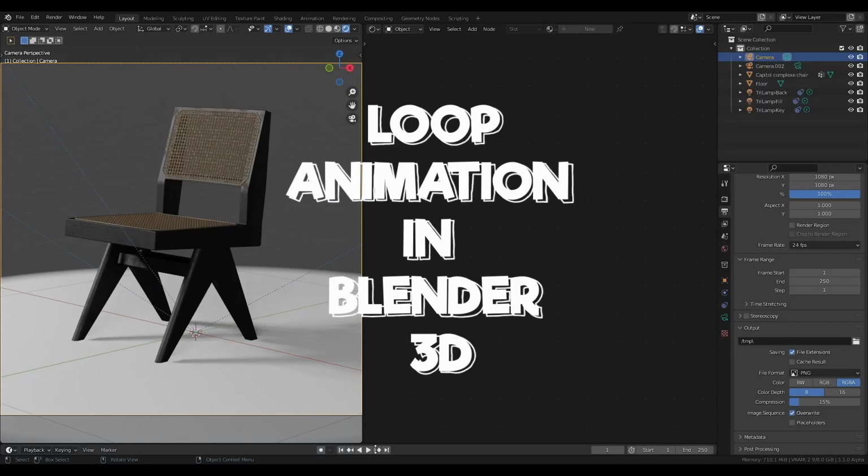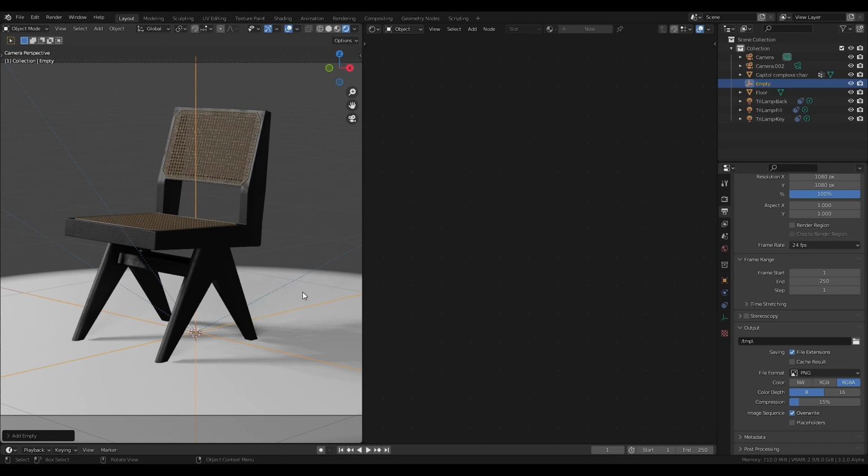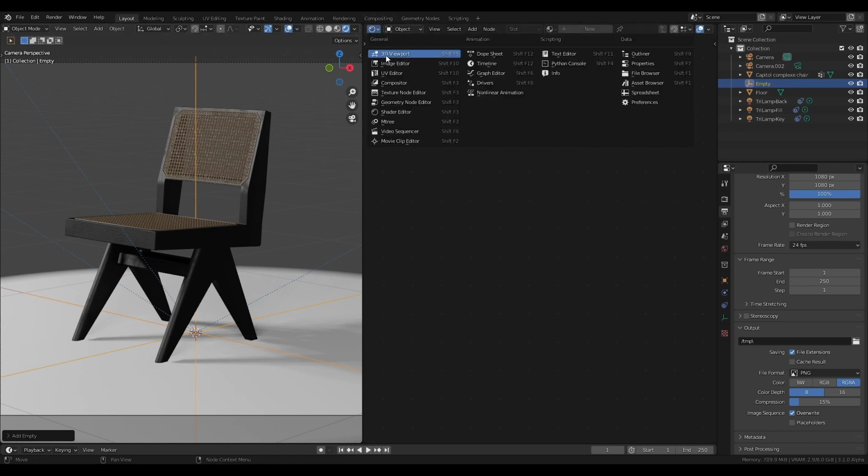How to make a loop animation. First of all, we need to add an empty object to the scene, then change the shader editor to 3D